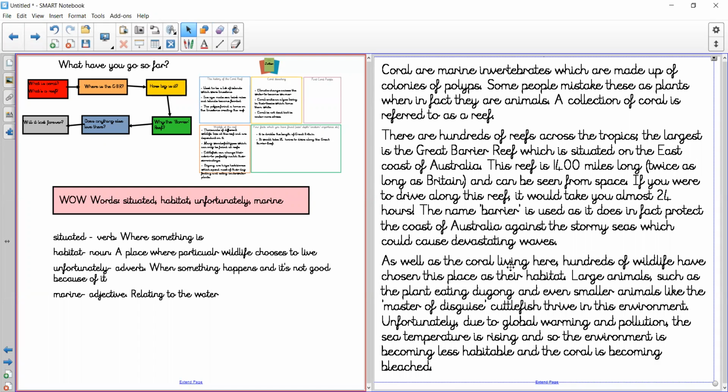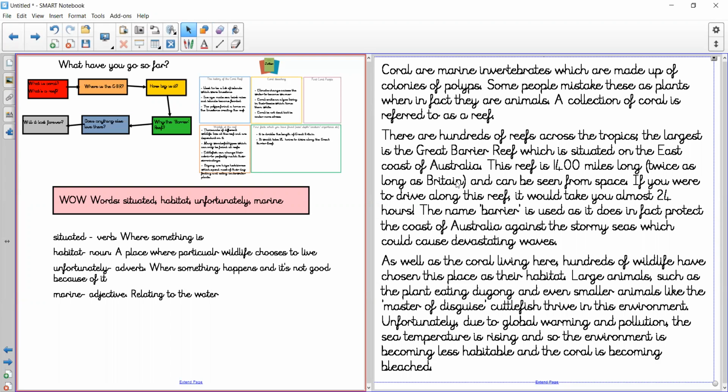And I started then writing it out. So we got to about here, didn't we? There are hundreds of reefs across the tropics. The largest is the Great Barrier Reef, which is situated on the east coast of Australia. This reef is 1,400 miles long. And this is what I mean about parenthesis. It's putting a bit of brackets in there, twice as long as Britain, close parenthesis, and can be seen from